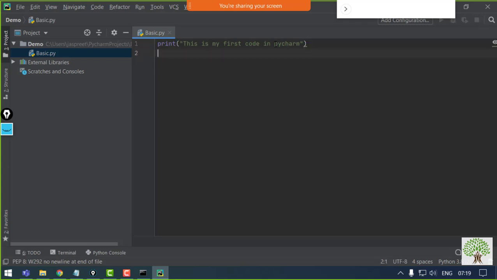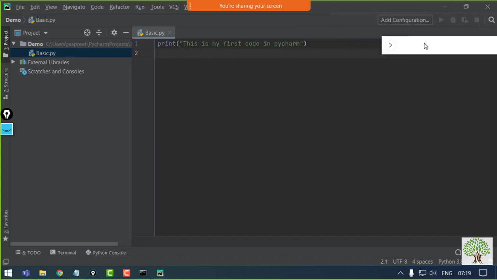So do make sure to press enter, otherwise it will give you a warning that it is expecting an end of line character, and it will sometimes give you an unexpected error as well. Okay, so now you can see that there is no error coming up, no pop-up line. This is done. Now comes how I can run this code.